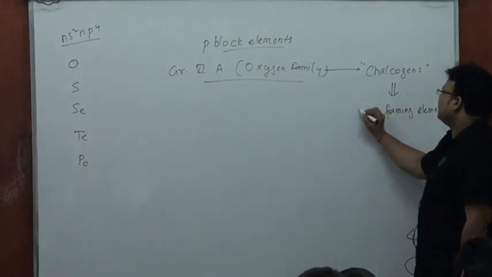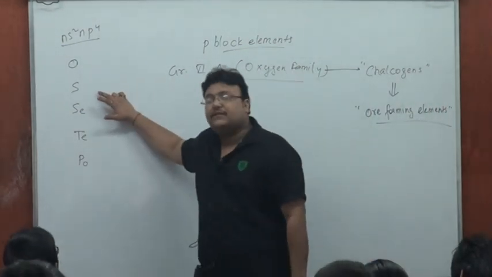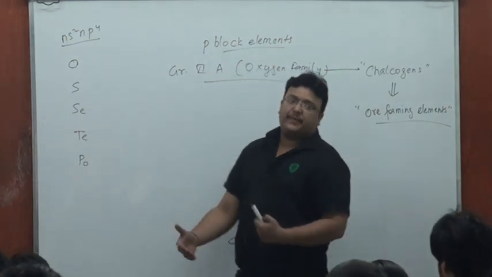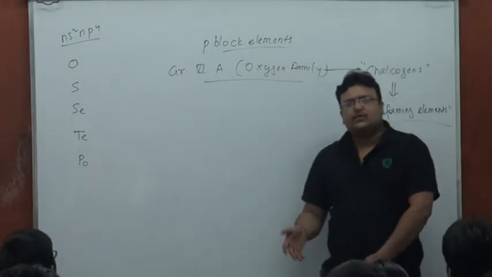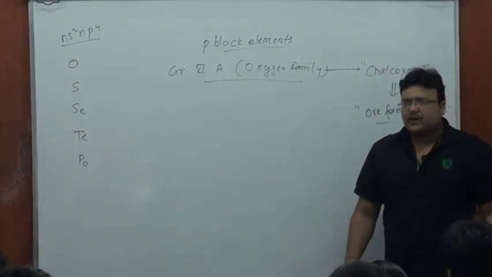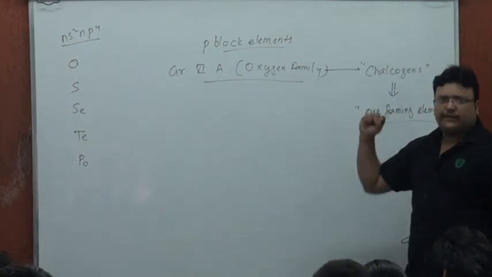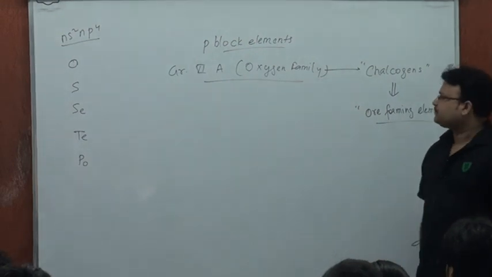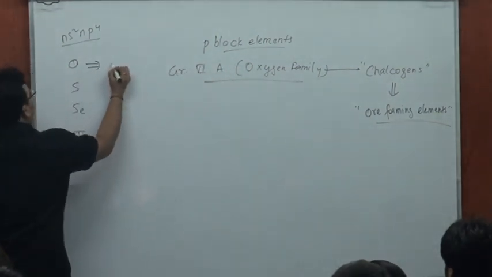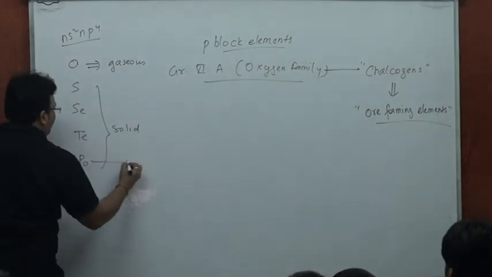So those of you who would have seen the basic class on metallurgy would admit that so many oxides and sulfides are minerals, even selenides. Because they were invariably there in so many ores, this name was given to the family: chalcogens, ore forming elements, of which oxygen is the only gaseous element. The rest are solid. Polonium is going to be radioactive.